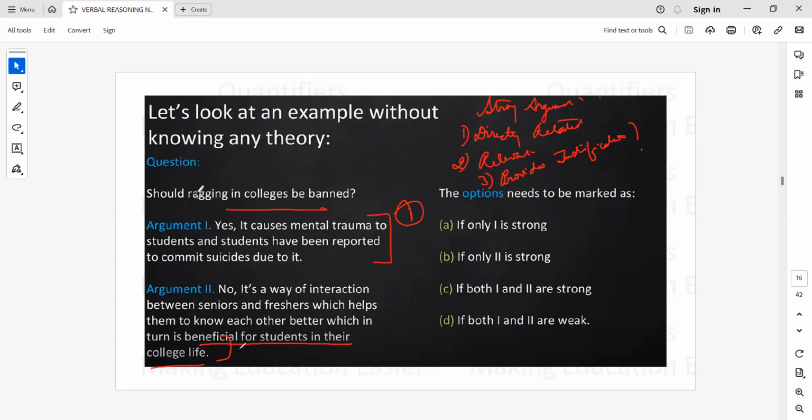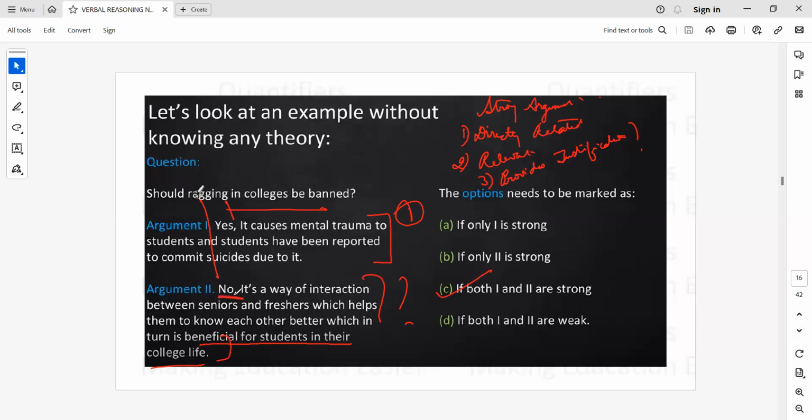Is this a valid assumption? At one go, you may feel that it is not the case. Okay, it is not a valid assumption. But again, why not? Is the reason valid? If true, does it not give enough sufficient ground for you to not ban this activity? So both of them, if we read them again together, may look conflicting, but both of them, without conflicting, individually, quite on their own, give good enough reasons to ban or to not ban. So in this case, the answer is both argument 1 and 2 are strong.